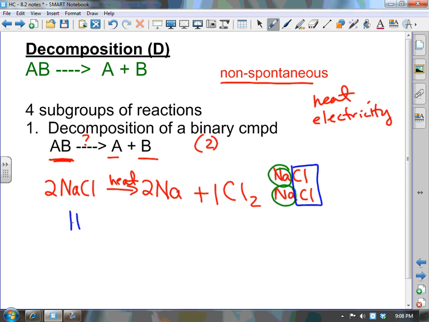Another simple example is just plain old water. Water can decompose into hydrogen gas and oxygen gas, the 2 elements. Again, we have to balance here. 2 water molecules will break apart into 2 hydrogen pairs and 1 oxygen pair. Again, if we can imagine here,